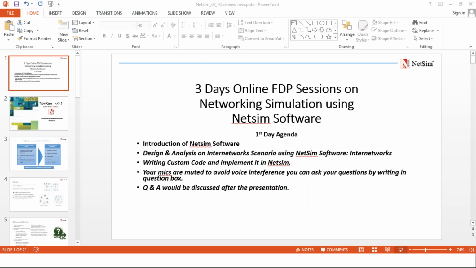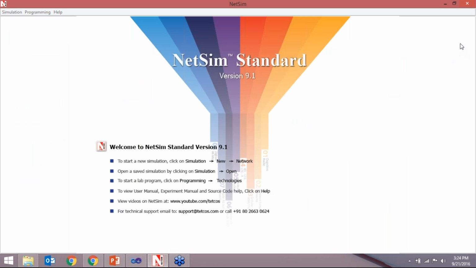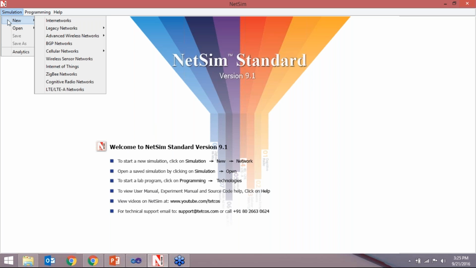So now we will go to the software part. So this is the software. This is the first window we see on opening the software. For simulating any network, we go to Simulation and click on New. So we will have these technologies that are given in